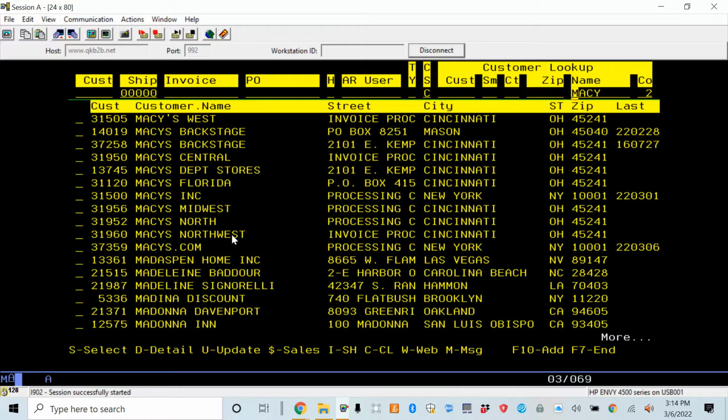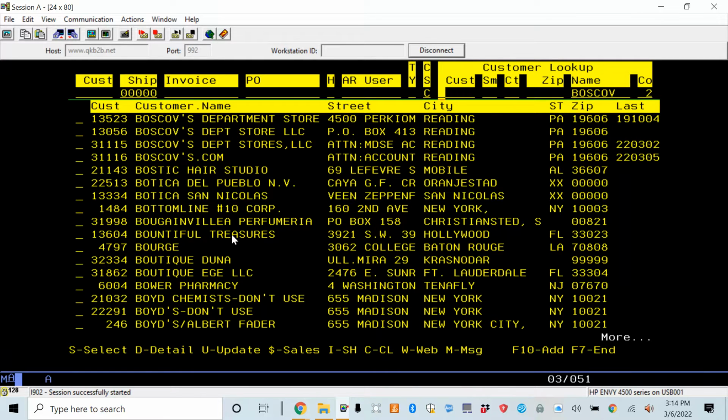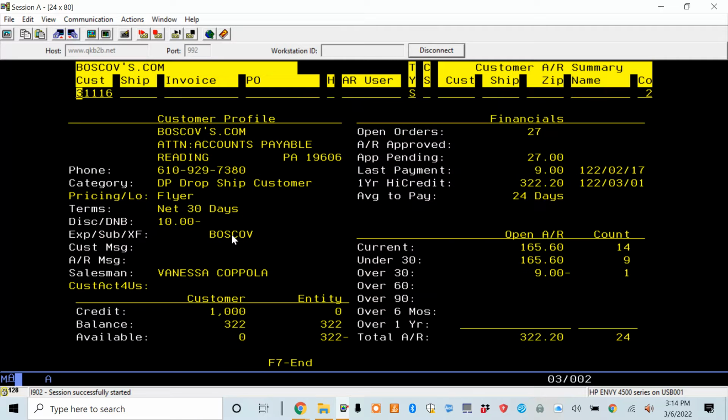Let's look up Boscov's. We'll look up .com, and you can place a D, and you can see that it's Boscov. Okay, now what we're going to do is look and see if an item is in the cross-reference file. So I was given a file by our sales group, or our marketing group,